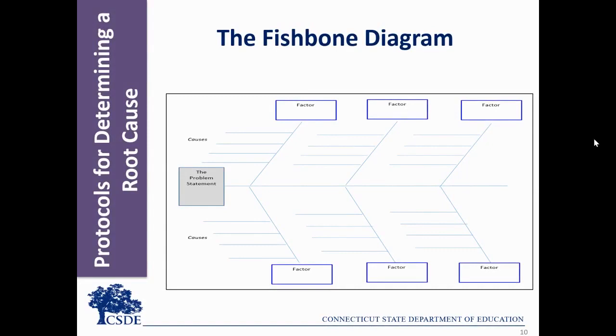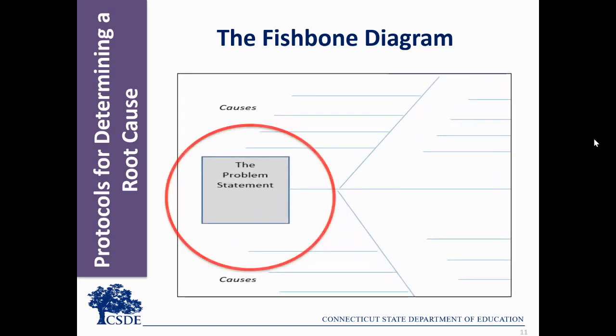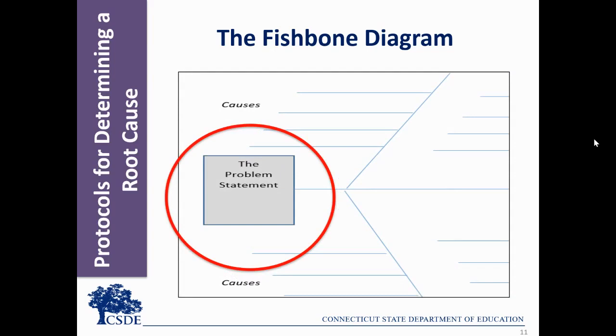As we stated in the Brainstorming Possible Factors video, protocols bring structure to the process of determining root causes. The Fishbone protocol is a commonly used protocol for determining root cause. It is a tool for recording the problem statement, factors that contribute to the problem, and the causes of these factors. The team starts with a problem statement. What is a challenge that emerged from the evidence and data that's impacting student outcomes? For example, a problem statement might be 25% of grade 4 students are at goal on the math SBAC.